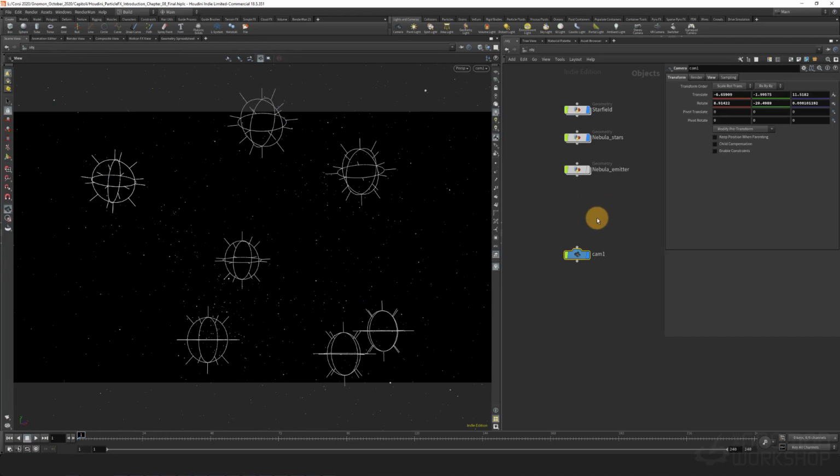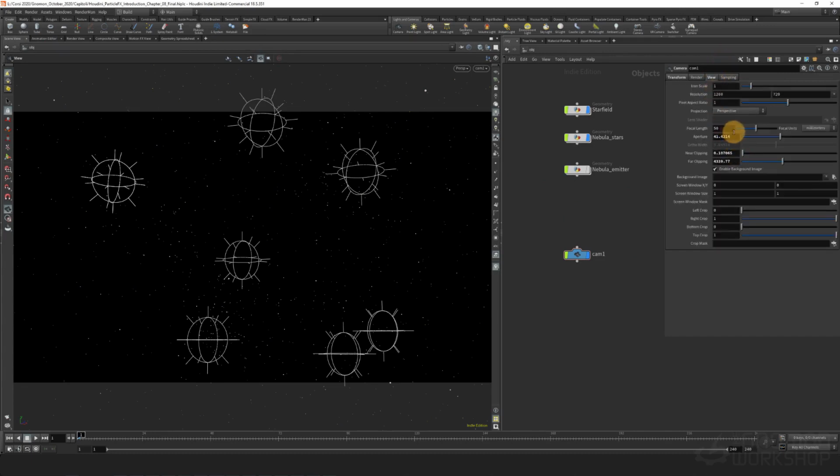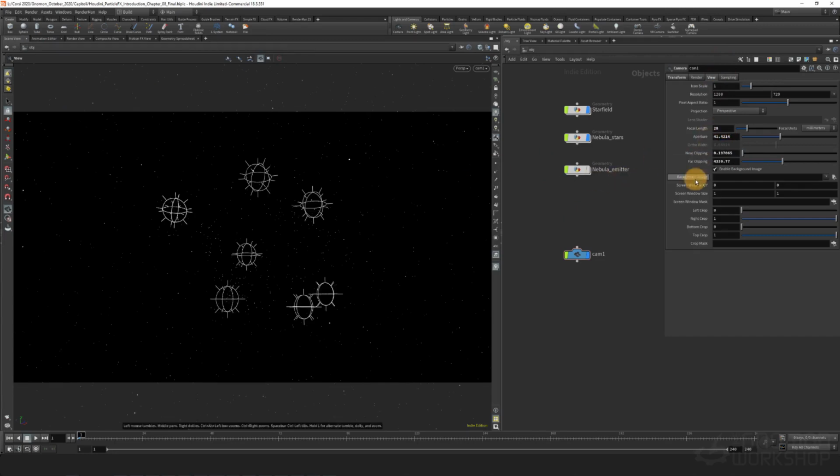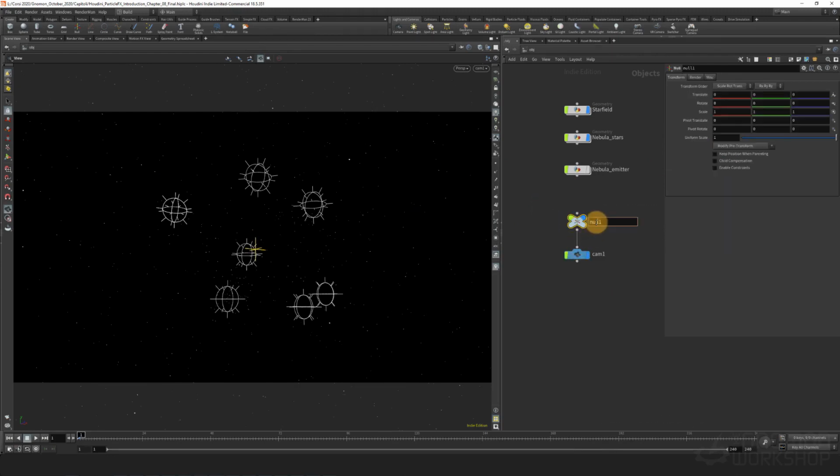To do a simple animation, maybe we can change a little bit the camera parameter. So maybe we go for a 28 for the focal length. So we are a little bit far. This one will be lower, so we are sure that we see everything all around. Also about the clipping, so we see all stars,